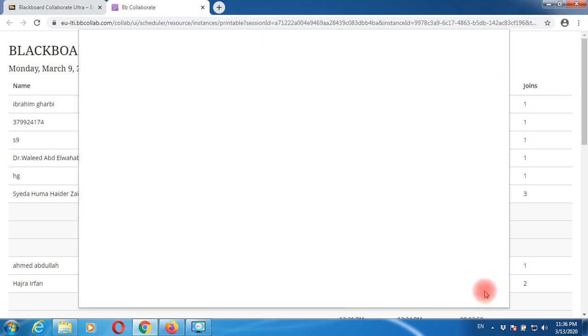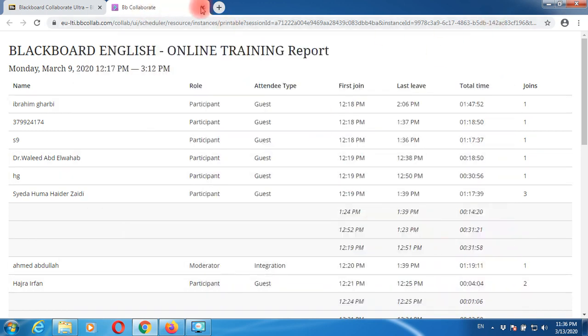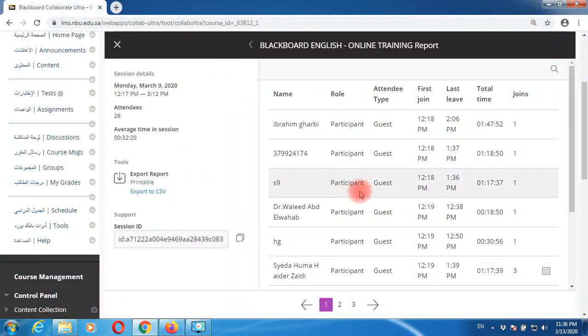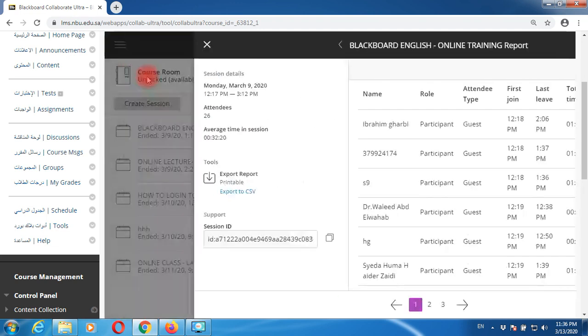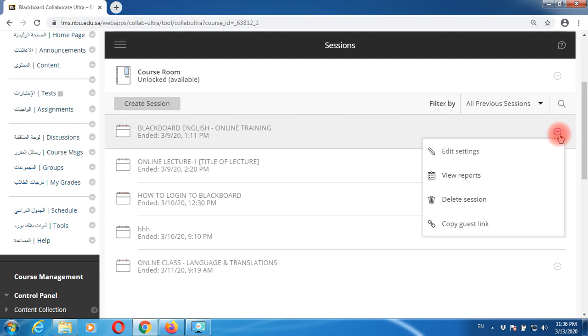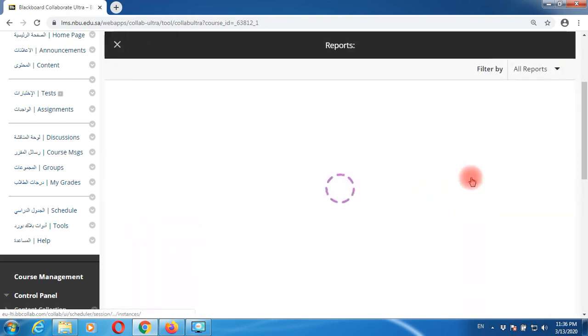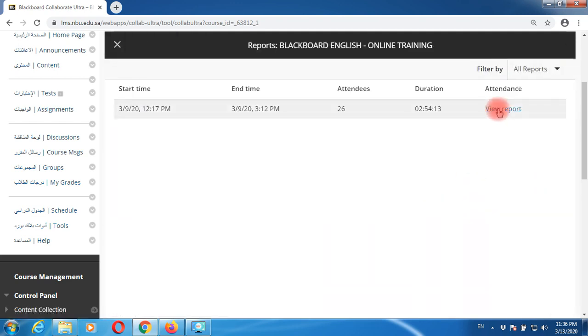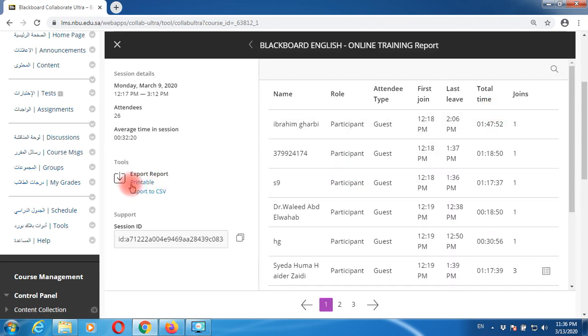I'll repeat once again. I'll close this to show you from the beginning. Once you go to sessions, you have session options. Click on session options, click on view reports, again click on view report. There are two choices you have got: export to CSV, and another one, printable. Click on printable,